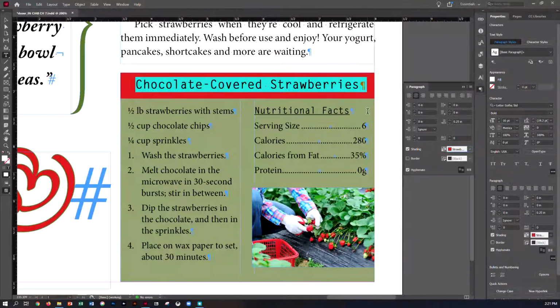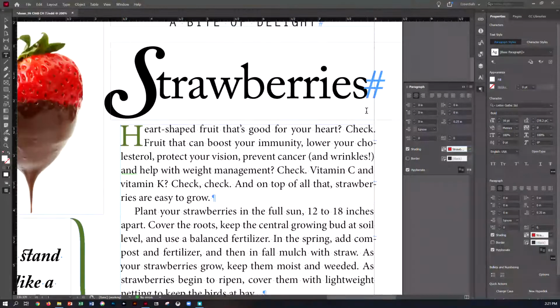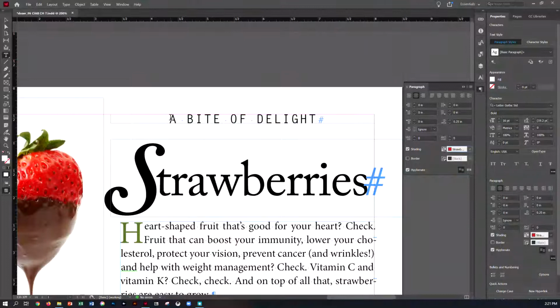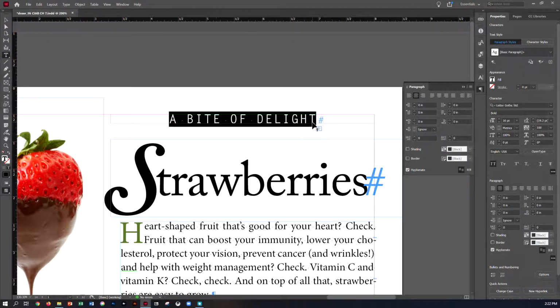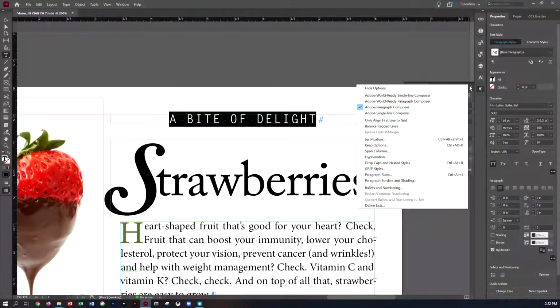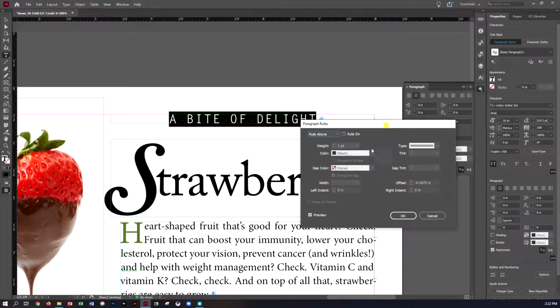So we're almost there. Let's go ahead and add a rule to a paragraph. A rule, remember, is a line. So let's use our type tool and go into a bit of delight. Let's go into our paragraph rules from the paragraph panel menu. So we go to our hamburger and come down here to paragraph rules. Make sure your preview is turned on so you can see what it is. And we want to put our rule below. We turn it on, turn the rule below,